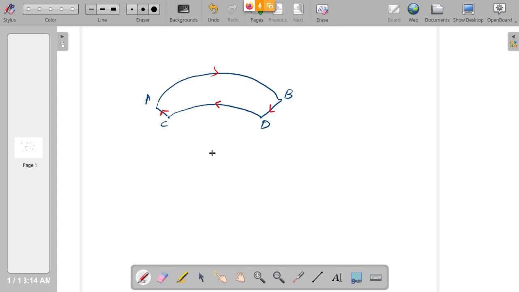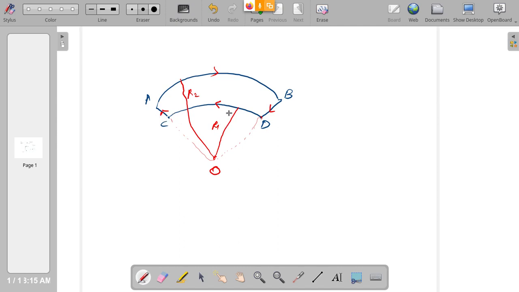Now at this point O we want the magnetic field. Now this is like two circular arcs, right? The first arc is a smaller one with radius R1. The second one is a longer one with radius R2. Now what is the magnetic field due to these two circular arcs? That is the question now.